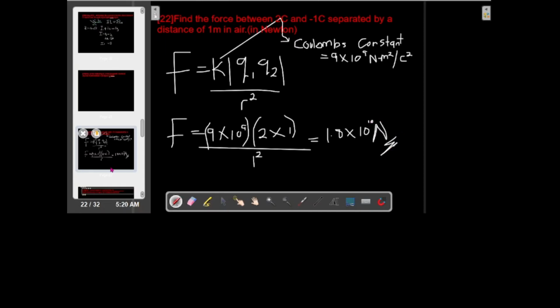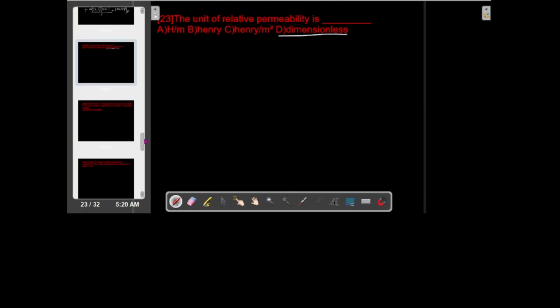Simple, is it not? So that brings us to the next question, the 23rd question. The unit of relative permeability. Do not stress yourself here. Relative permeability is dimensionless. All right. So when we say relative, of course, you would expect that it is dimensionless because it will be the ratio